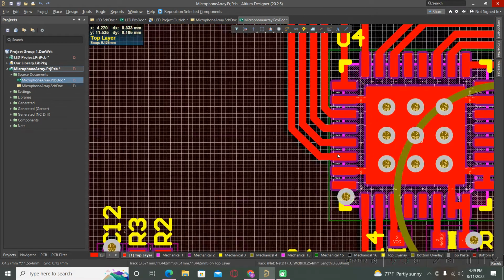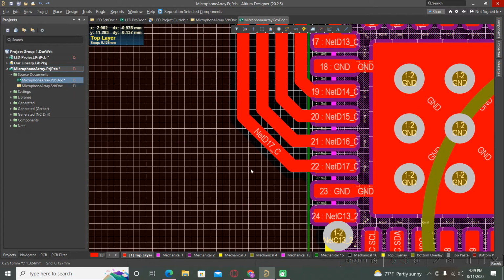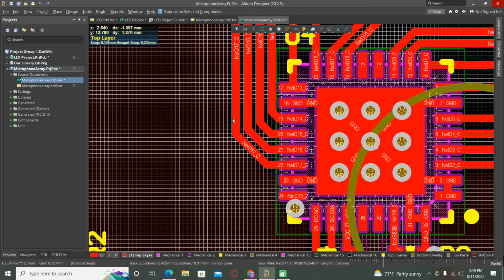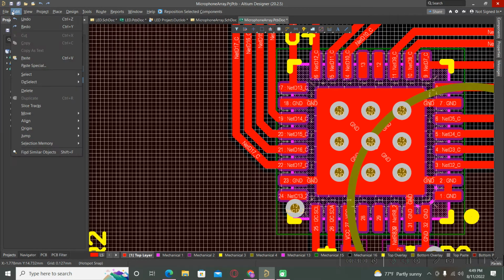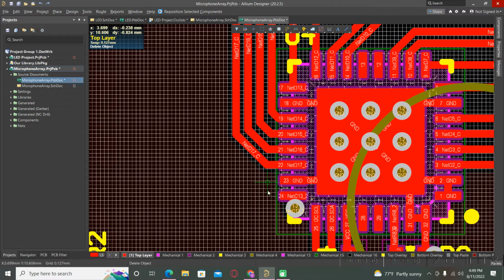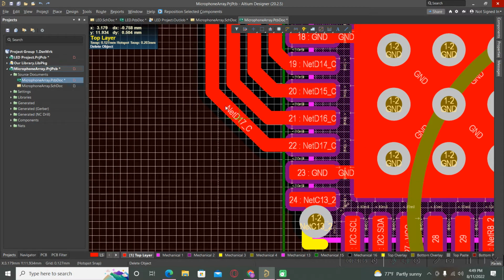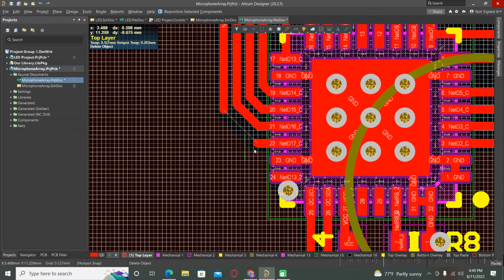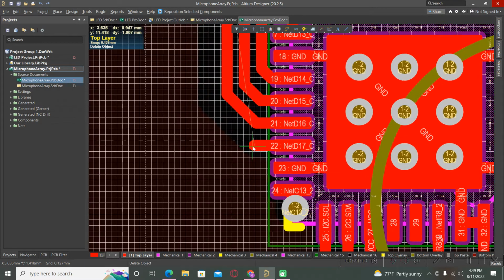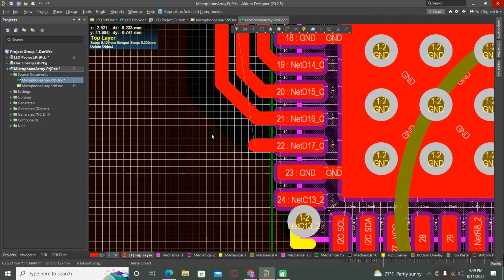Another possibility, if you want to delete only a part of this track, go to Edit and you have here Delete, and with the cursor we will go directly to the segment and I will delete only this segment. With these options you can delete segment by segment, not all the track at once. So I will put it back,